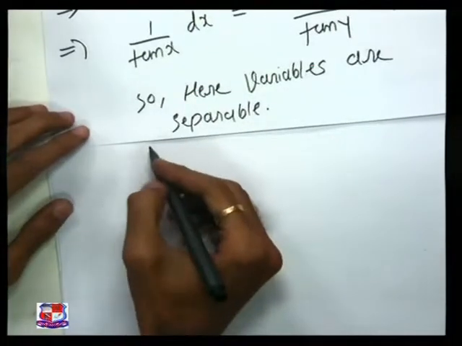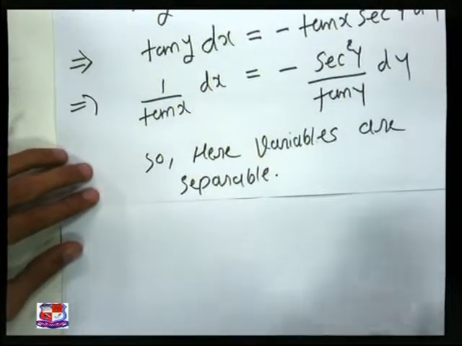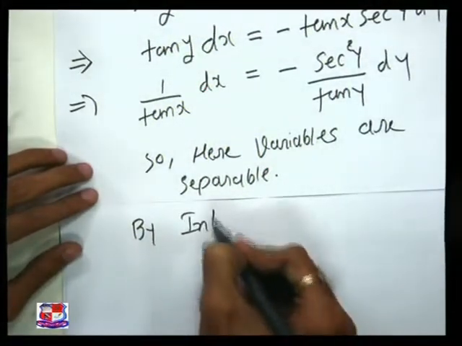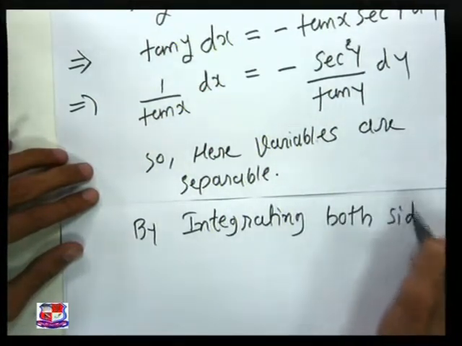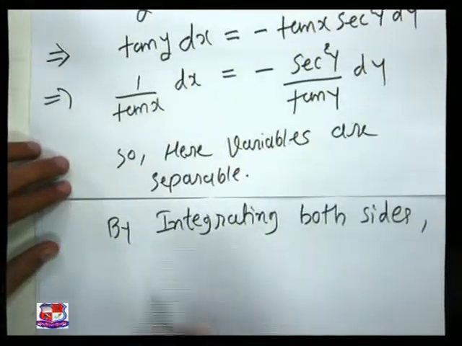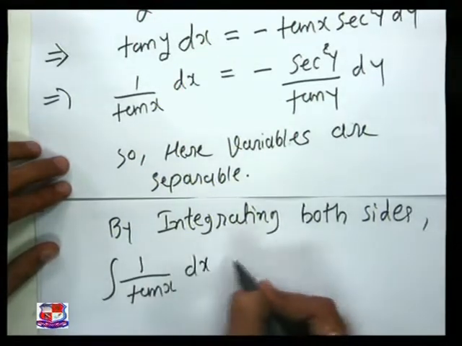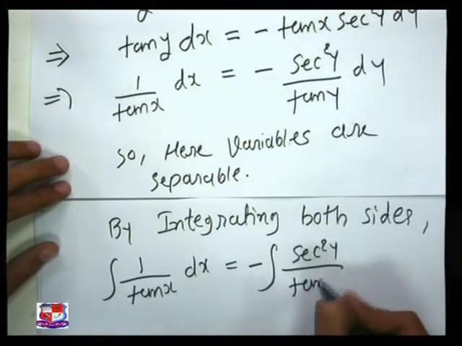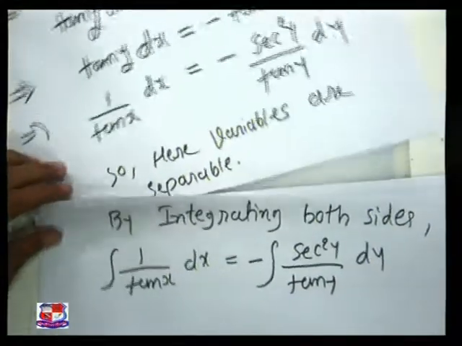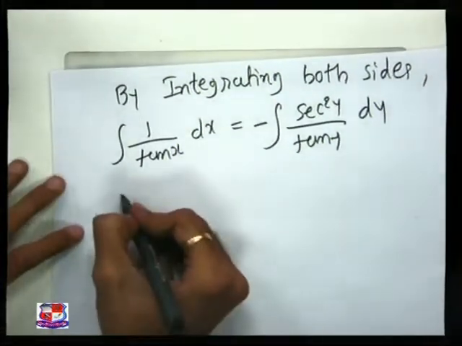So now we need to integrate this equation both sides. By integrating both sides, I will get the integration of 1 upon 10x into dx is equal to minus the integration of sec square y upon 10y into dy. So here 1 upon 10x,